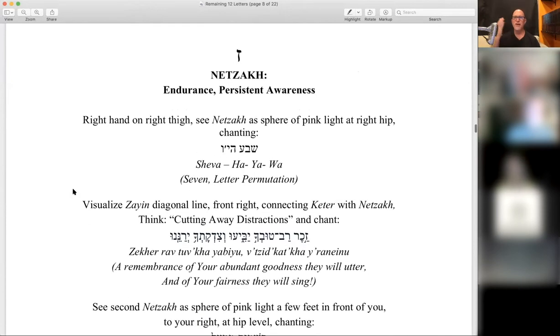Right hand to right thigh, palm up on your right thigh, seeing the Netzach. Netzach as a sphere of pink light at your right hip. The energy of persistence, of endurance. Sheva. Sheva Hayawa. And seeing the Zion diagonal line beginning at Keter and projected down diagonally to where Netzach will be. Cutting through distractions. Zecher. Zecher Rav Tuvecha Yabiu Vatid Chatecha